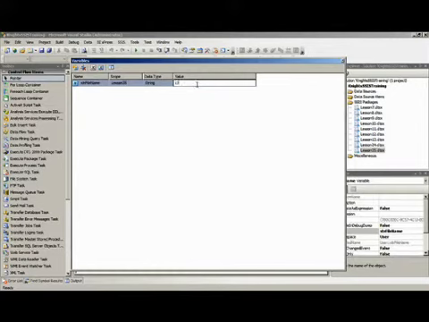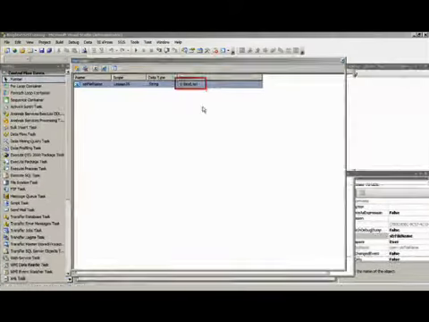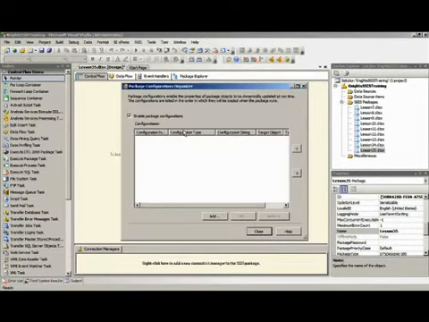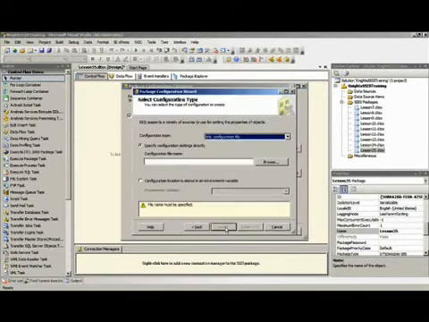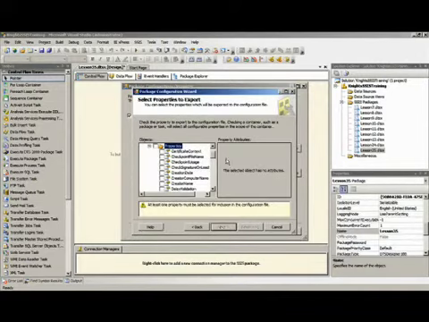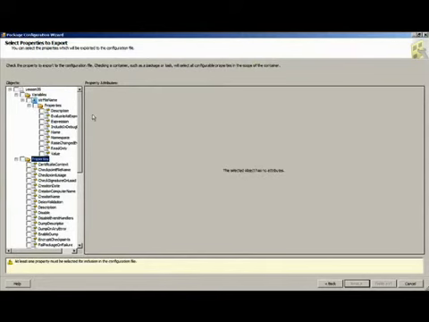and I can make it C:/test.txt. And so the file name is C:/test.txt. Close this up. I can right click again, go to Package Configurations, Add, Next. I'm going to click Browse, go to my desktop again, and I'll call this my first config. Click Save, Next, and now in the property screen, which I'll maximize, you'll see that variable I created and the